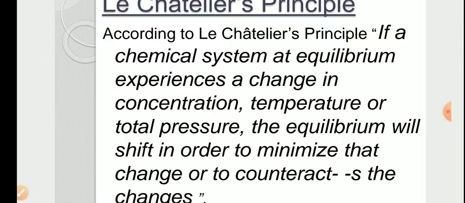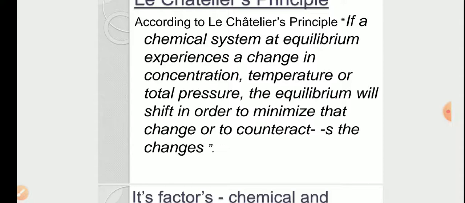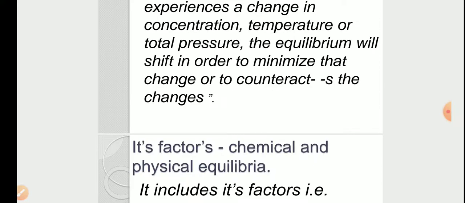If you disturb that system, the system will try to minimize the change by changing other parameters, to counteract the change. The system always tries to counteract the change. So very simply, if a system is under chemical equilibrium and you disturb it, then the system tries to nullify this change by changing other properties of the system, so that it returns to the equilibrium. So this is the Le Chatelier principle, very simple.